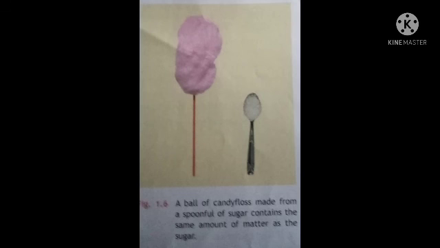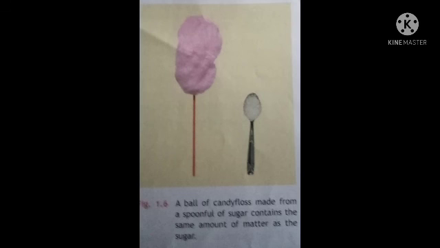But the weight of a body is the property which tells you whether the body is heavy or light. The weight of the body depends on the mass of the body, that is, the amount of matter present in the body. So a body of greater mass appears to be heavier, and a body with less mass appears to have less weight. The weight of the body is the force with which it is attracted by gravity.